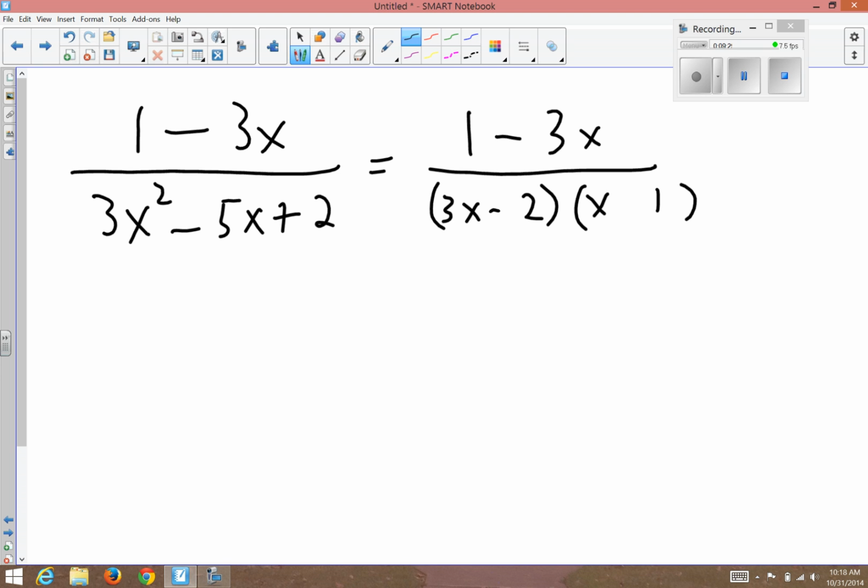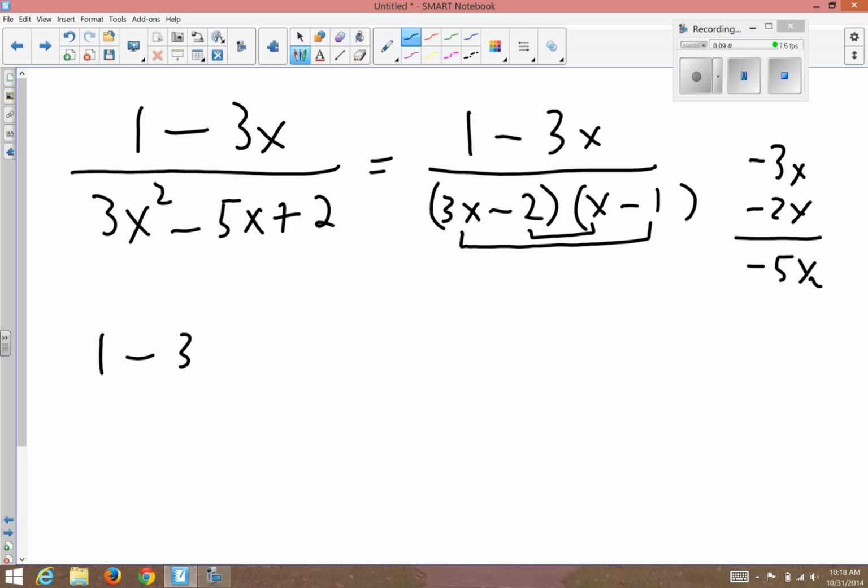Alright, we're going to use -2 times -1, because -2 times -1 is +2. And outers, -3x. Inners, -2x. That gives -5x, which is correct over here. So now that the denominator is factored, we're going to say this fraction, 1 minus 3x over 3x minus 2